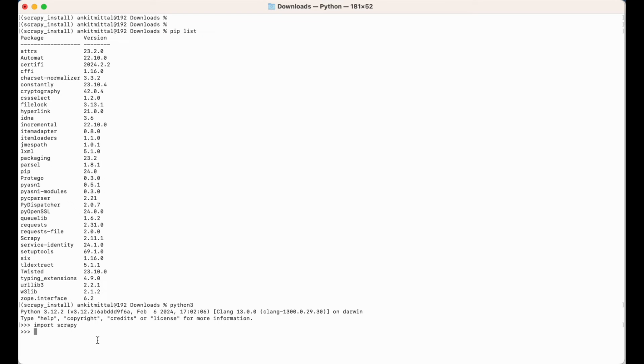Let's now print the version of Scrapy as well. So scrapy.__version__, with double underscores on both sides. This has also printed the version, which is the same as this one. Let me now exit from this Python prompt. So I will say exit(), and I will also deactivate this particular virtual environment, scrapy_install. For that I will say deactivate, so that I will come out from this virtual environment. As you can see, I have come out from this environment also.